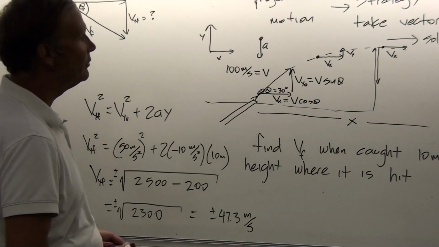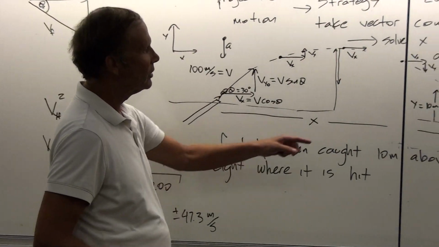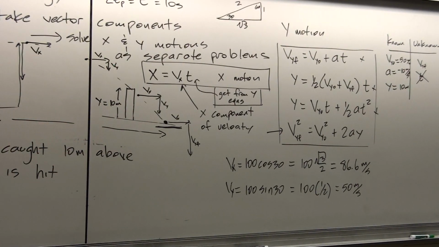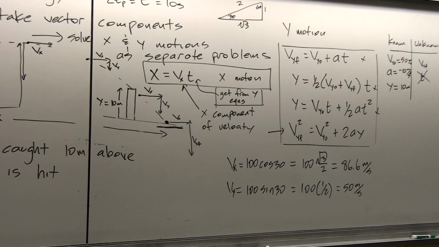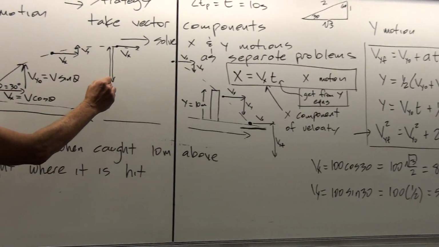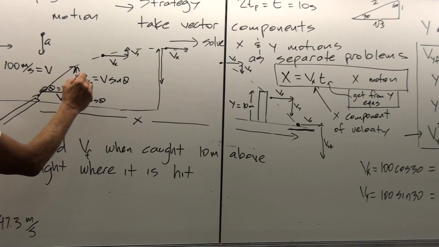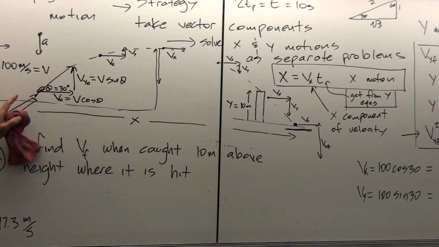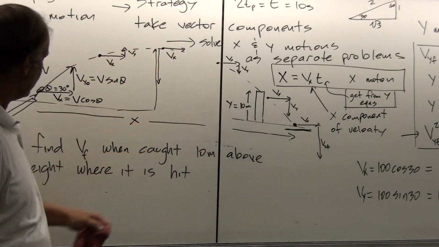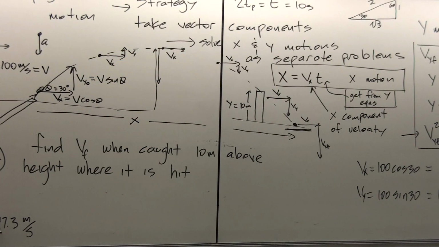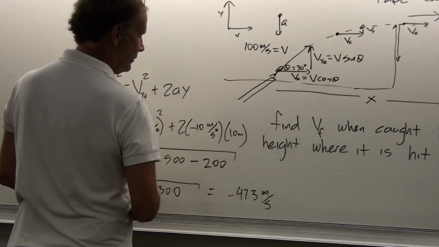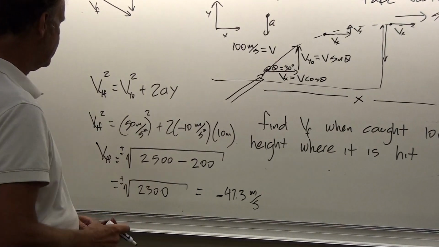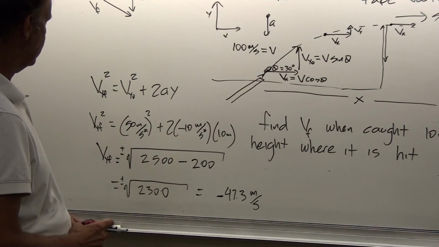Now, which solution do we want, the positive or the negative? Well, clearly here, the final y velocity at the point that it's caught is going to be the negative one. Is there a positive solution? Yes. The Vy final on the way up would be positive at plus 10 on its way up. So actually both solutions here do represent physical parts of the problem, but the one that is relevant for our calculation here is going to be the negative root.